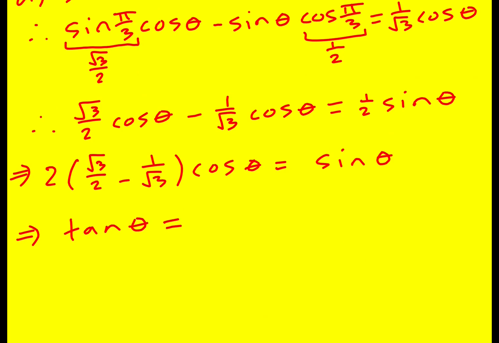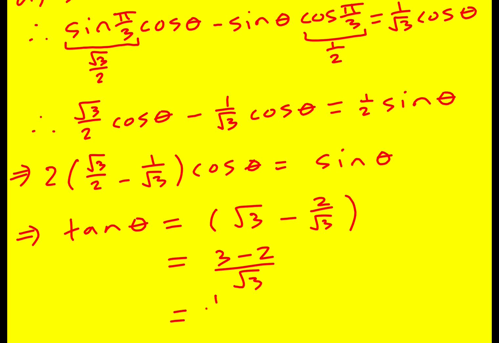is equal to, now this doesn't look nice, but I got a feeling it's going to sort itself out. I'm going to times through by that 2, so I'll get root 3 minus 2 over root 3. Okay, so I've just times this left hand one by 2 and this right hand one by 2, divided through by cos, put this over common denominator, we're going to get 3 minus 2 all over root 3, because root 3 is the same as 3 over root 3, which is just 1 over root 3, which is brilliant,